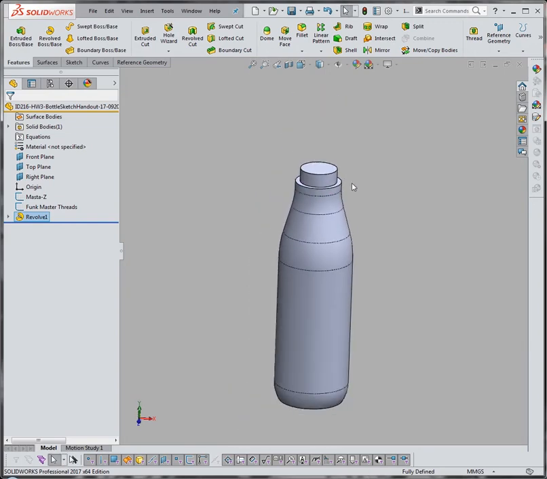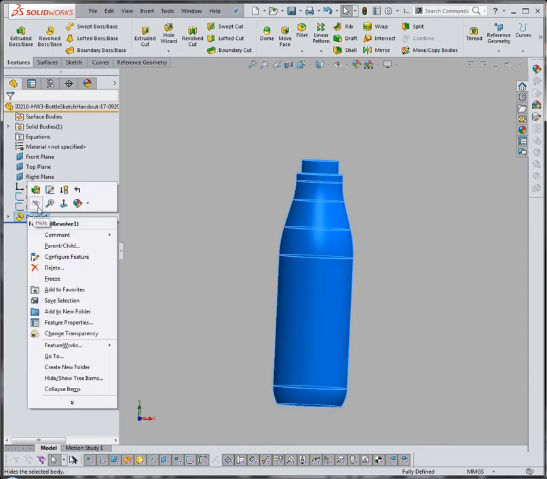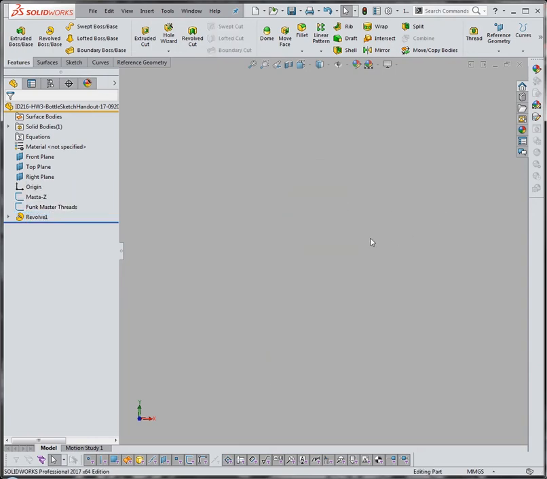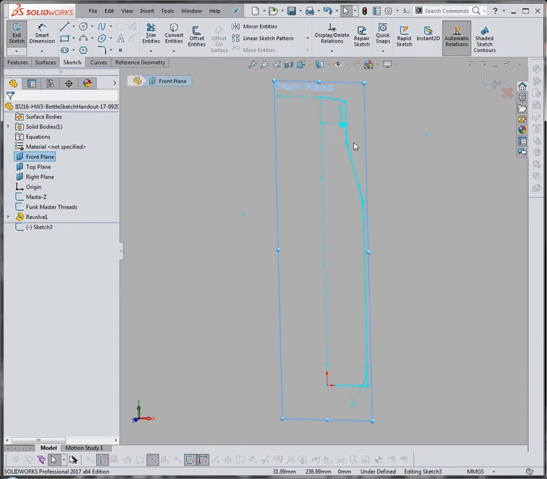Next, I'd like to make the lid. I'm going to make the base and then the lid. So to keep things clear, to keep my workspace free of clutter, I'm going to right-click Revolve 1 and hide it. It's still there, I just don't want to look at it right now. So I've got my sketches turned back on. I'm going to come into the front plane, make a new sketch,